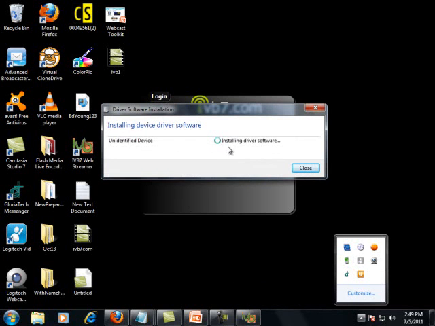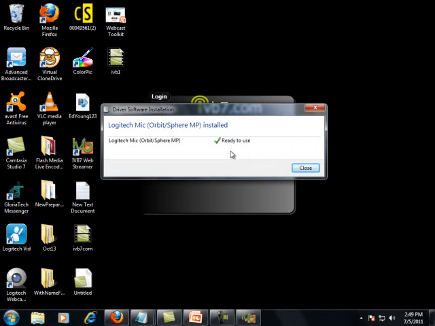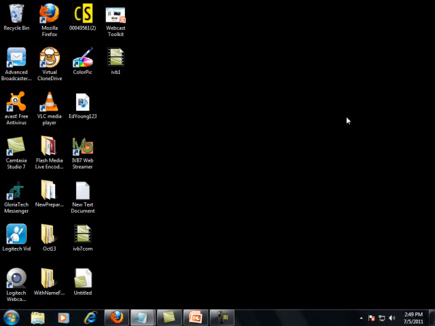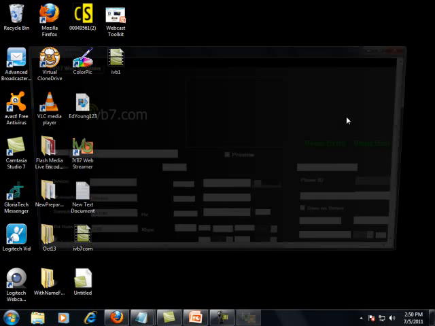Now it is identifying the device, and once it identifies, it will say ready to use. Now let's log in. Now it will show the first page of the software.